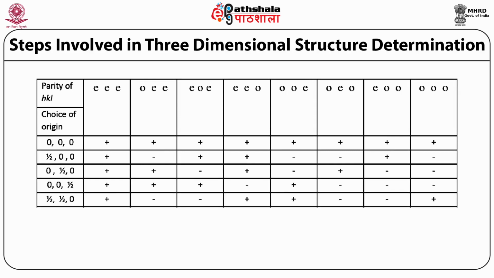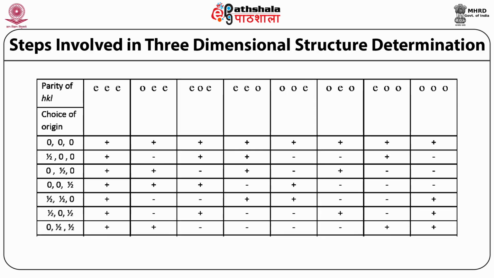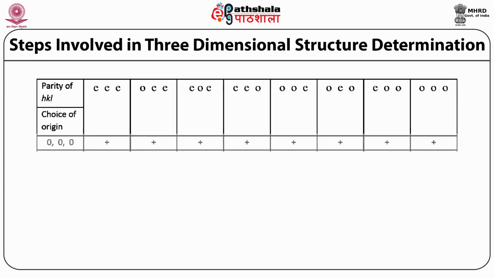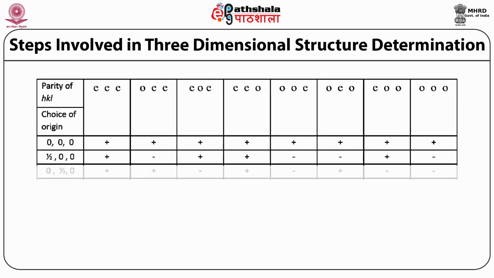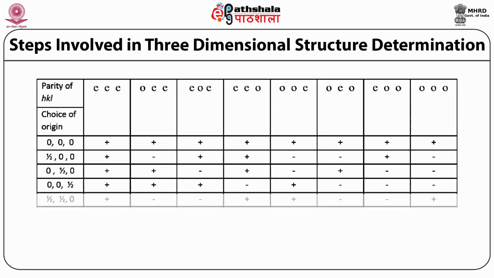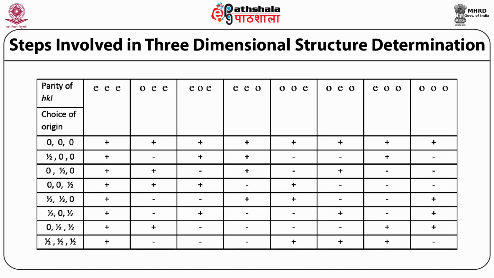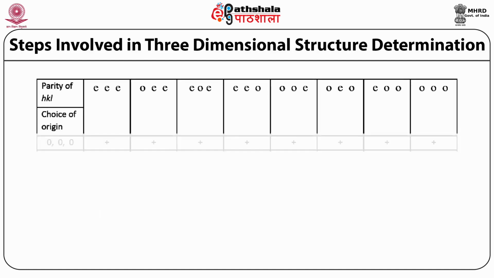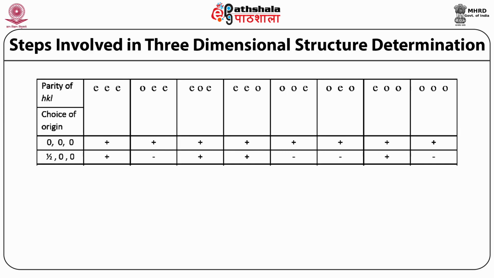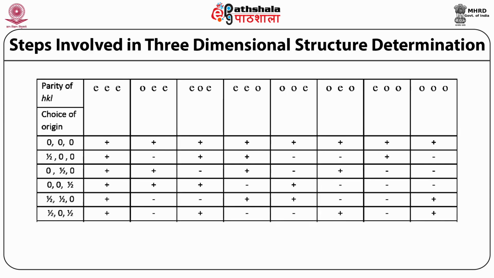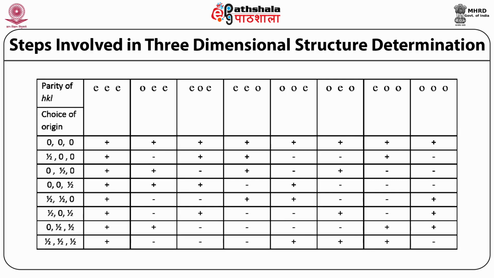So slowly from 8 we reduce the ambiguity to 4, then 4 to 2. Now we take one more reflection of the parity even, even, 0 and assign a sign. We just see all these 4 parity reflections, that is even, even, even, odd, even, even, even, odd, even, even, odd, will be plus only for the origin 0, 0, 0. Now I say the origin is uniquely fixed, because when the origin is moved, at least for one of these reflections, the sign will change.